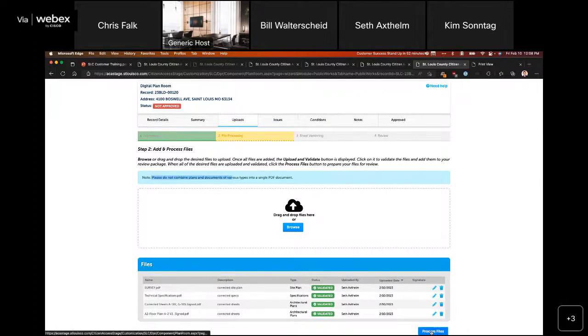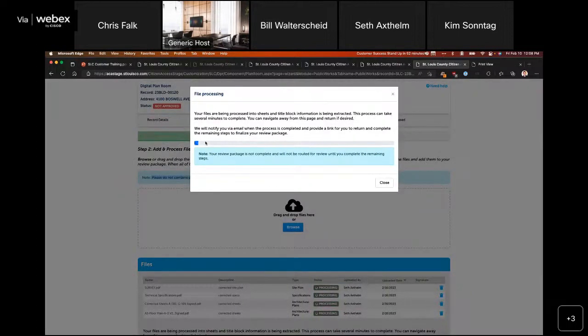And then I'm going to go ahead and hit process files. When I do that, what I'm going to see is this progress bar is going to show me the progress towards getting these files fully processed. And remember, we're just converting it into the format that the team is going to be able to do their